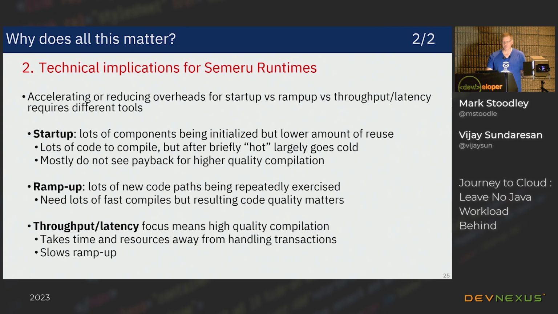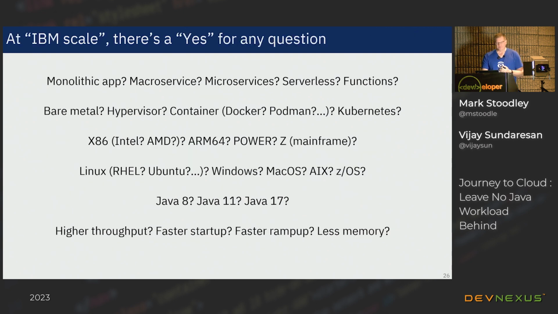So how are we going to deal with all of this? Hopefully I've convinced you that there's a big problem here for us, and that we have to deal with all of these different things. And like I say, for any one of these that we don't improve for somebody, there's usually an important enough person in the IBM scale of the universe who's going to complain about this. And since neither Vijay nor I like talking to executives about problems that need to get fixed urgently,